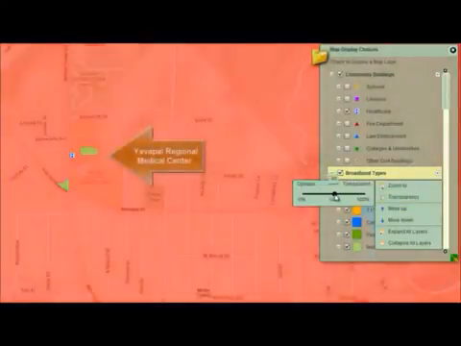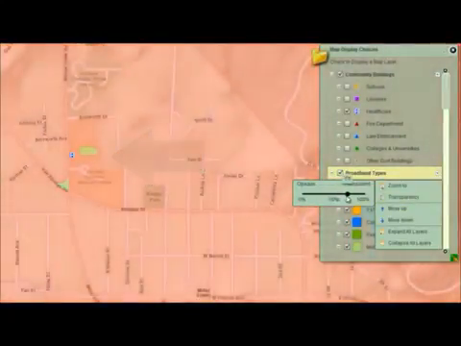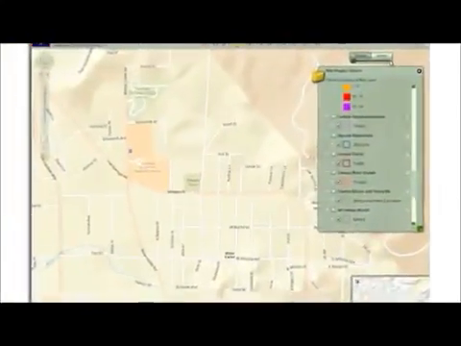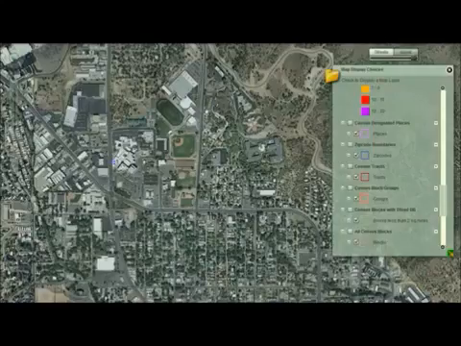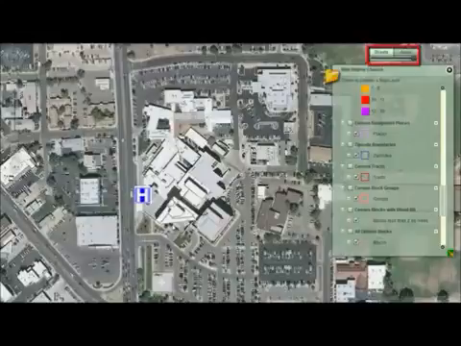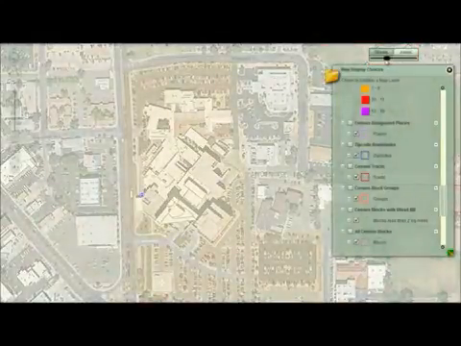You are viewing the Yavapai Regional Medical Center. Uncheck broadband types. Switch to the aerial base map. Zoom in closer to view the details of this regional medical center. Gradually fade into the street's base map, where you could read the street names, as well as view the aerial